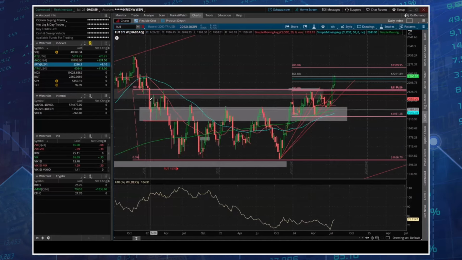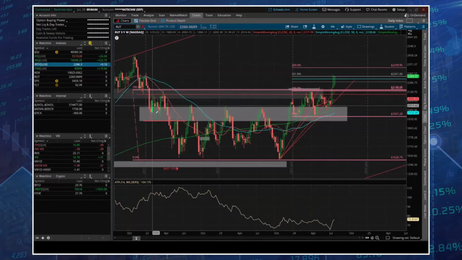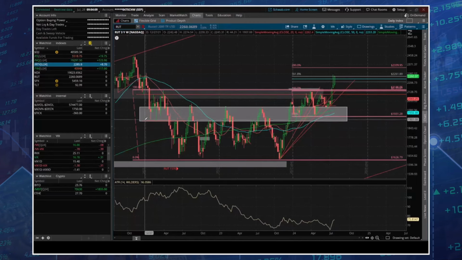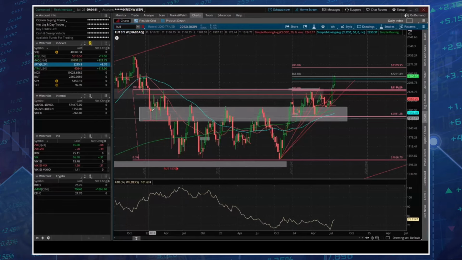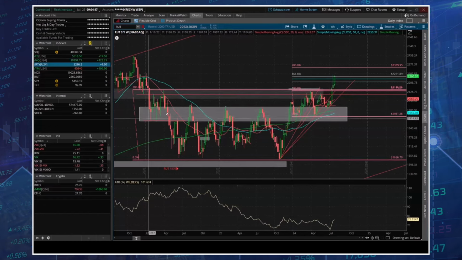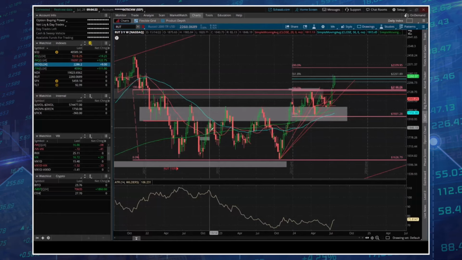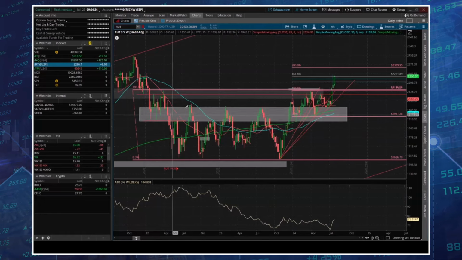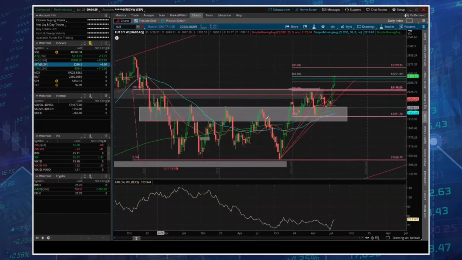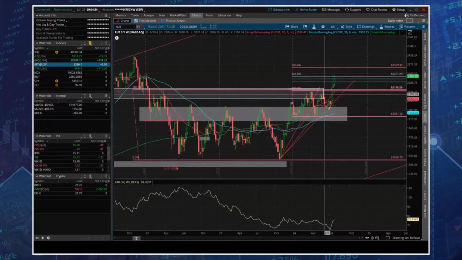So what happened in the Russell is it came in and this is our high level, right? We broke our high level, we went down to our low level. So this is kind of like the pivot area or the decision area on the Russell of how it's trading. We came in here and we have this area, low, low, low, low, right? So we're playing this low range for well over a year, and we break into the high range, and now we're playing the high range, playing the high range.